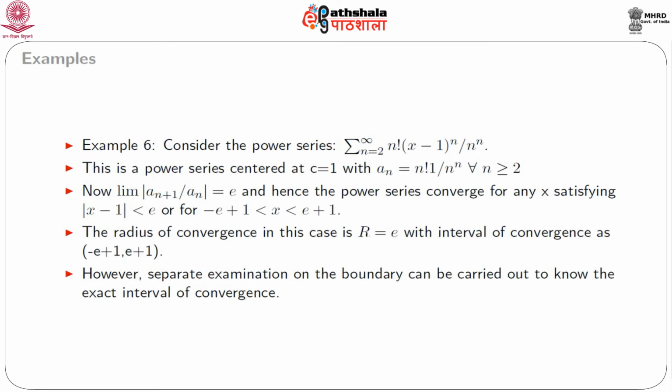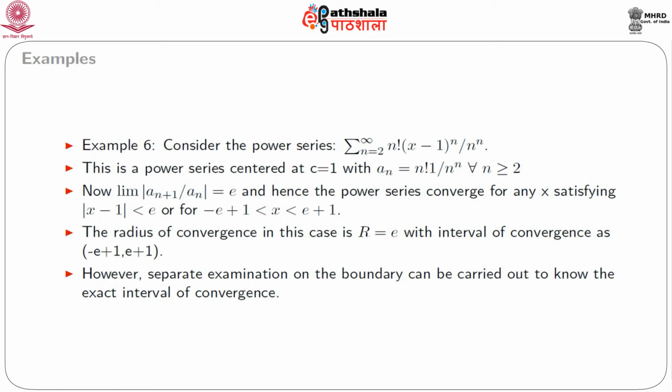Consider our next example, the power series summation n from 2 to infinity n factorial (x minus 1) whole to the power n divided by n to the power n. So this power series is centered at c equal to 1 with a n as n factorial divided by n to the power n, which is defined for every n greater than or equal to 2. Now if we take the ratio a n plus 1 by a n, we get the limit of the absolute value as 1 by e, and hence the power series converges for